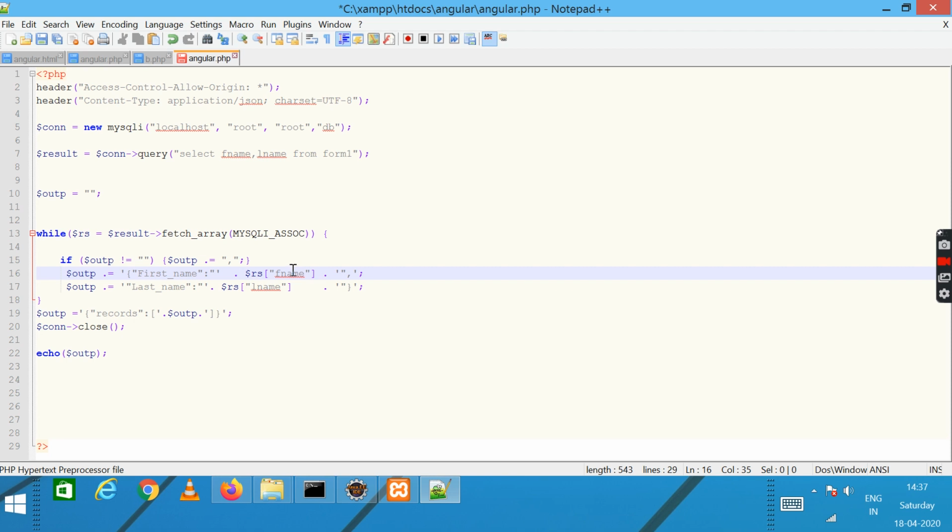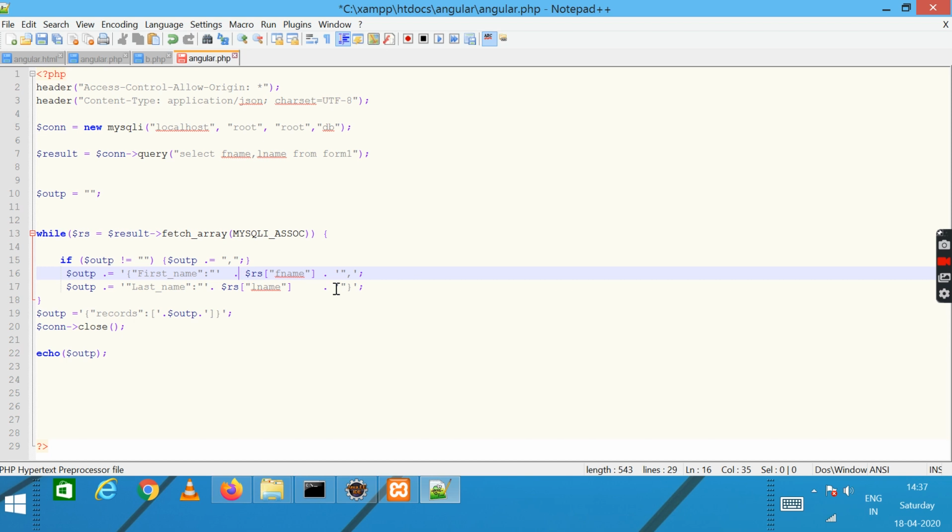So $rs first index. What is the first index? It is the first name, fname, dot, then second, outp dot, last_name dot, $rs last name dot.